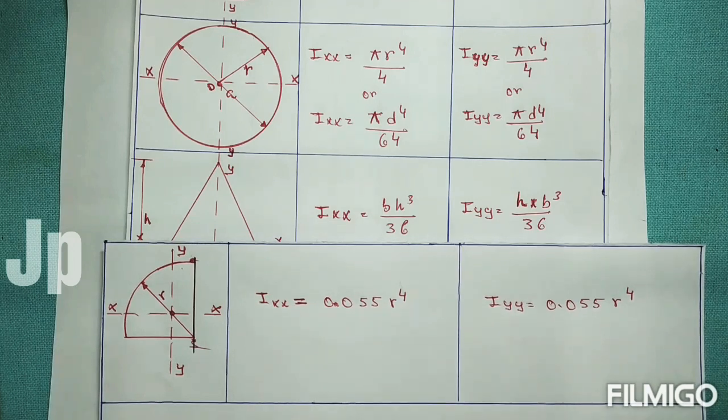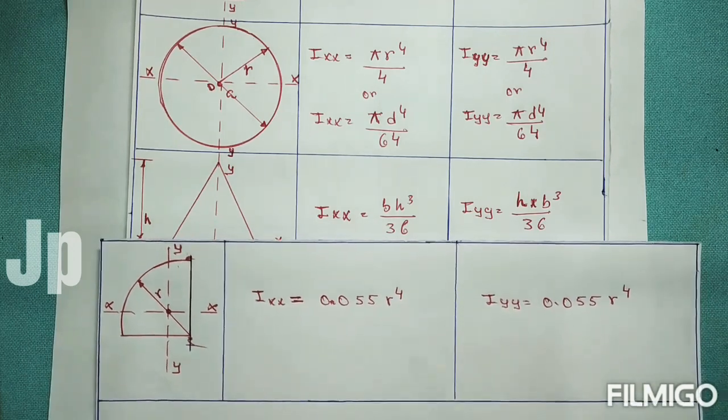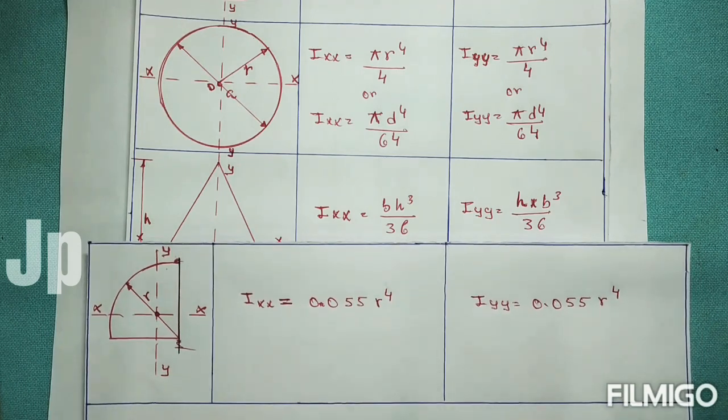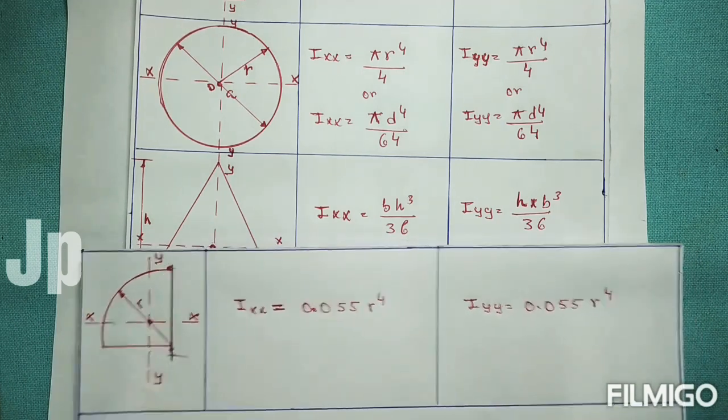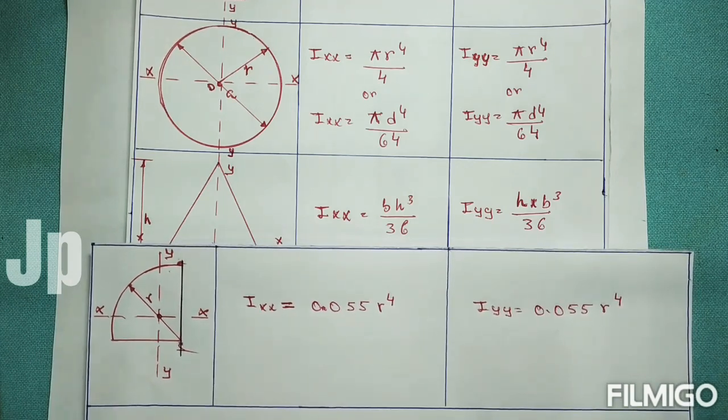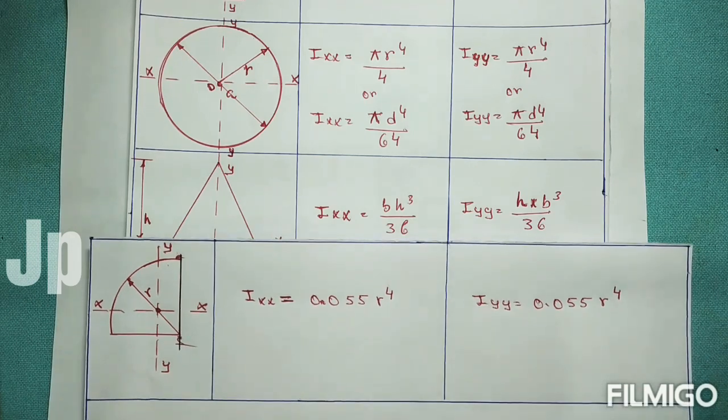But you should know all these formulas, be careful. Once you make mistakes in the formulas, at any stage you may get confused. So you should know all the formulas very well, then only you can find the moment of inertia of any section. Next I will show how to find the moment of inertia of the sections. Before that I will show one tabular column.